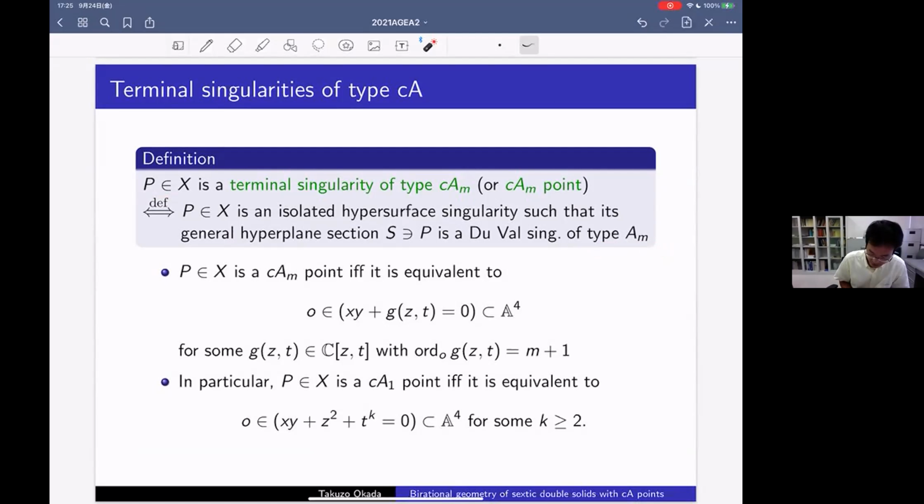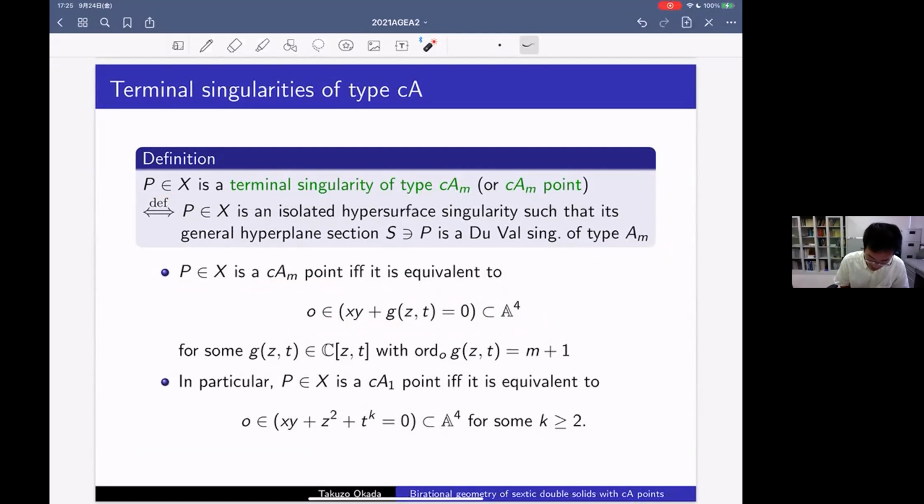More specifically, a point P is a cA_m point if it is analytically equivalent to the origin of this hypersurface,